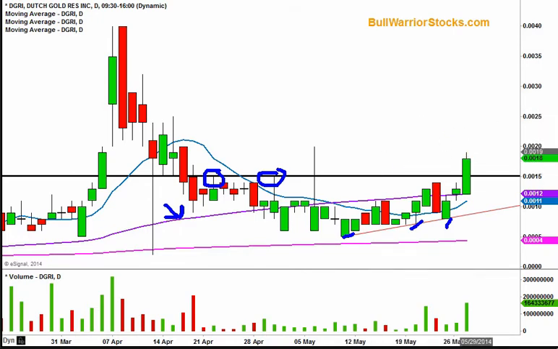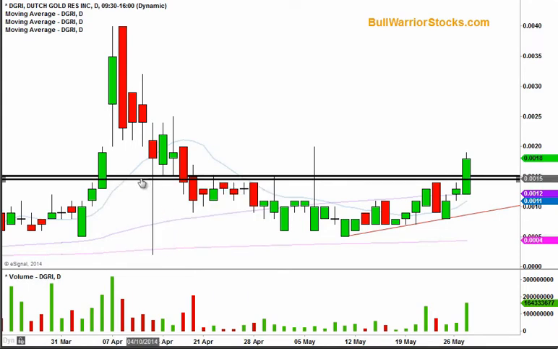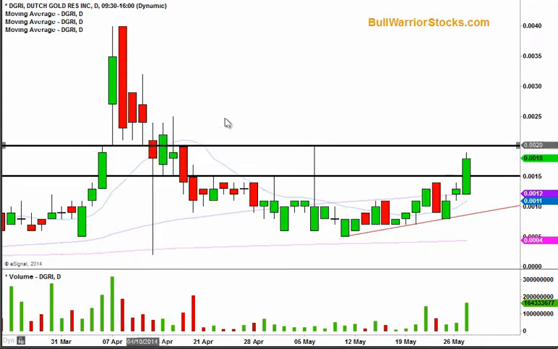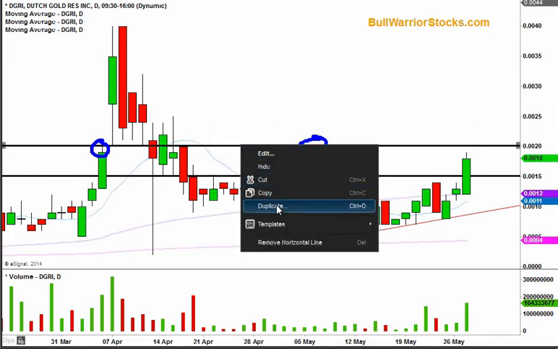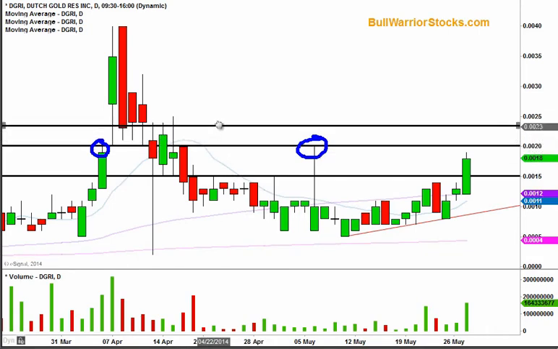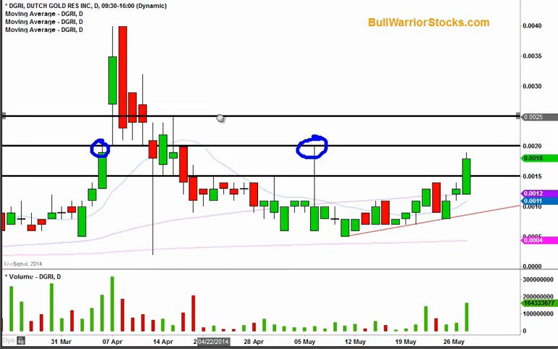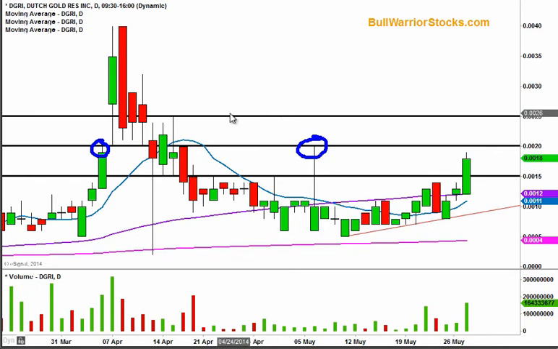Now in terms of resistance levels, let's talk about the fun stuff here. First area of resistance, if this continued move is going to keep on chugging upwards, is going to be right here at this level, which is 0.002. You can see 0.002 acted as resistance there, and then resistance once again right there. So 0.002, first area of resistance. With a break of that, the next battleground is going to be up at 0.0025,